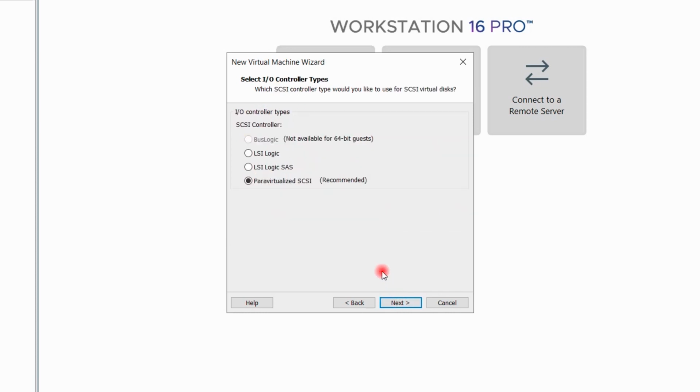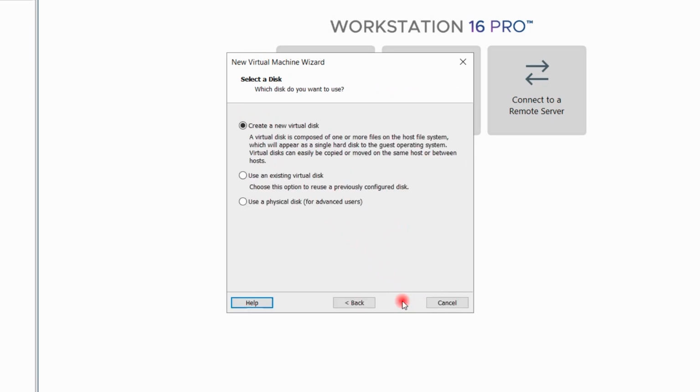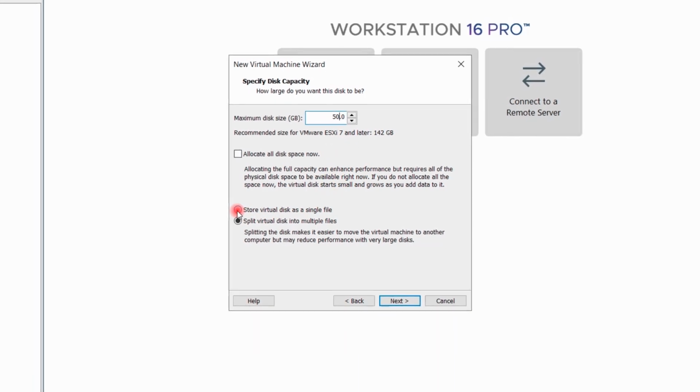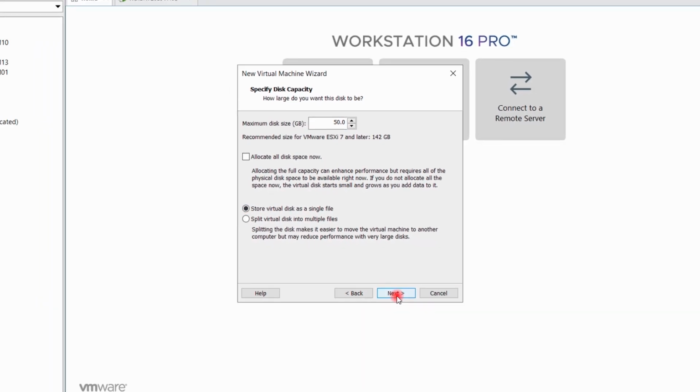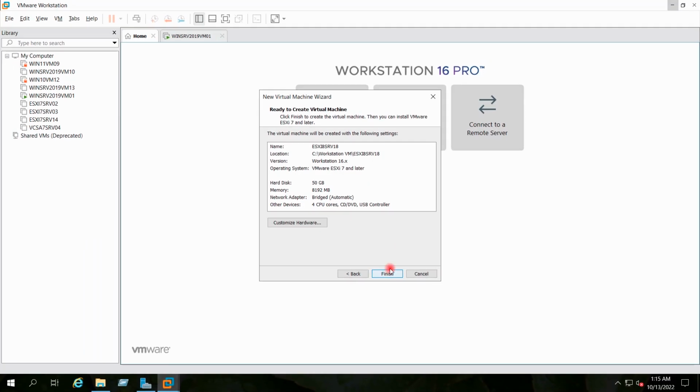Next, next, next, create new virtual disk. Next, I will give here the size 50 GB for the hard disk. Store virtual disk as a single file. Next, next, and finish.